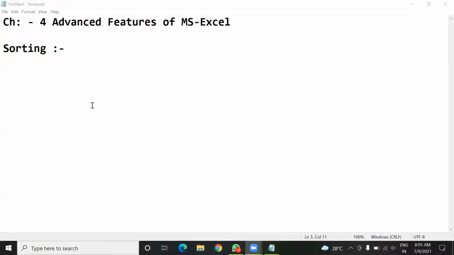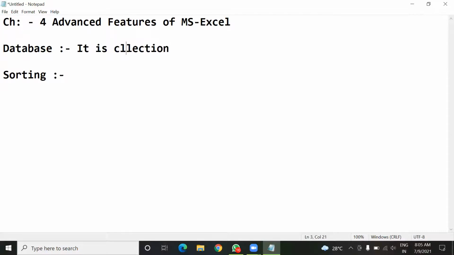So before starting this sorting feature, first we should consider a term, that is database. So what is this term database known as? Database is a collection of data in a well organized way.